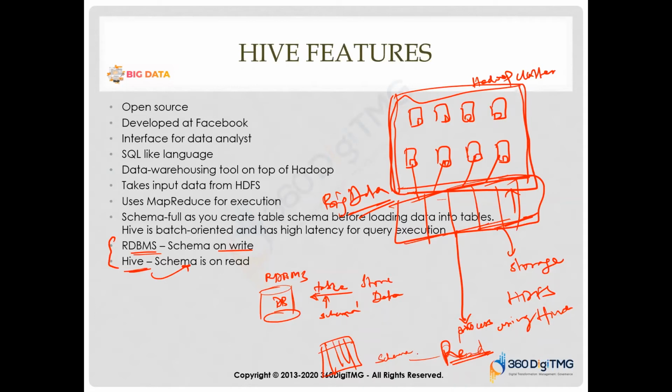So Hive, hence it's known as schema on read. Schema is on read. When you're reading, you will create the structure, right? And then you will basically have this table available. Is this concept clear? If you understand this, then you have got a clear vision of Hive.